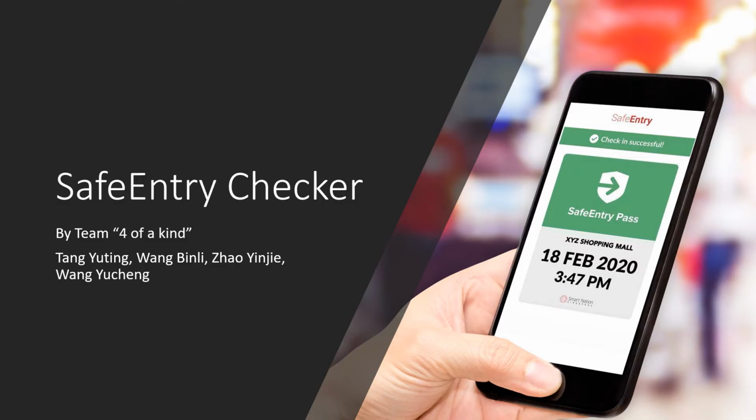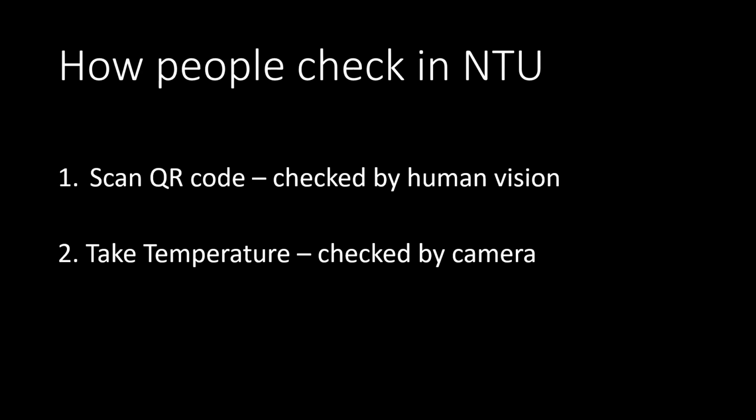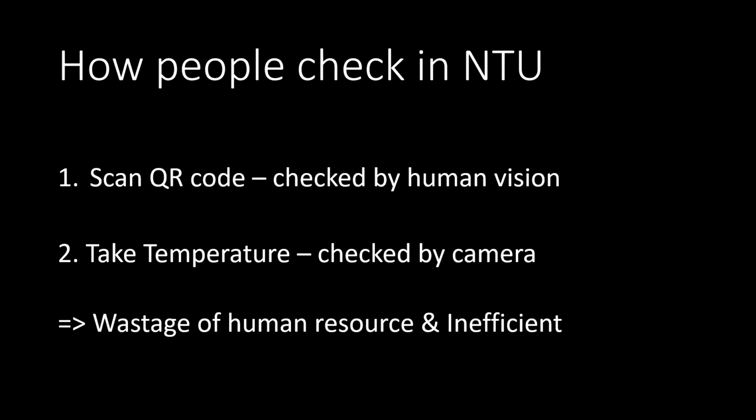So currently, as we all know, in NTU, people check in with two main steps. They have to take their temperature first, and then they have to scan a QR code to check in and manually show it to a working personnel before they can actually enter any building. So this process, we think, causes huge waste of human resources and also low efficiency of transport of